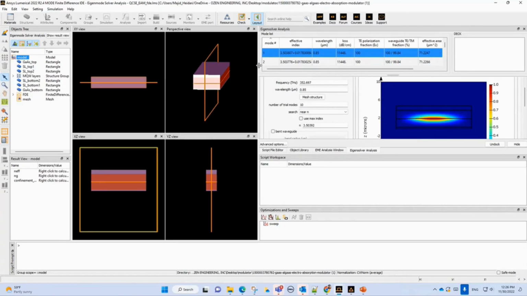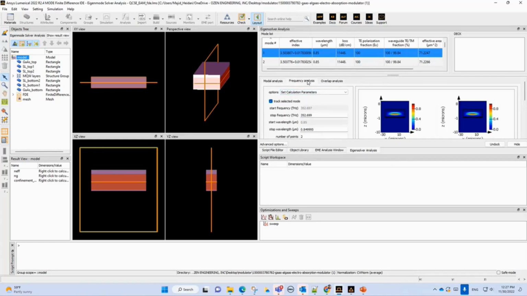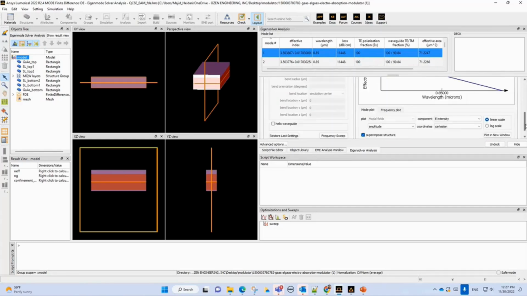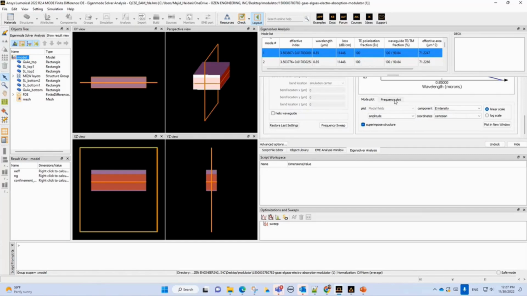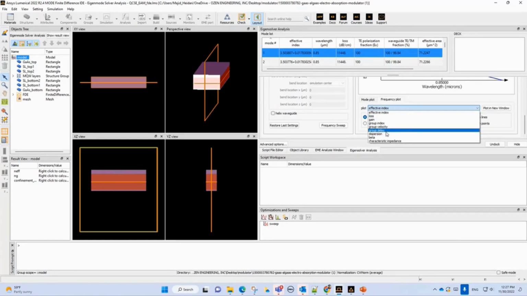When you run the simulation, you can find different modes. We want to focus on the first mode. You can see the effective index, wavelengths, loss, and the effective area, and also you can go to the frequency analysis, and in the frequency plot you can plot the effective index, loss, gain, group index, group velocity,